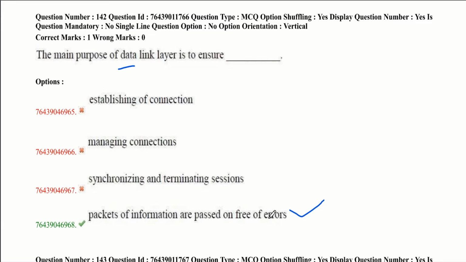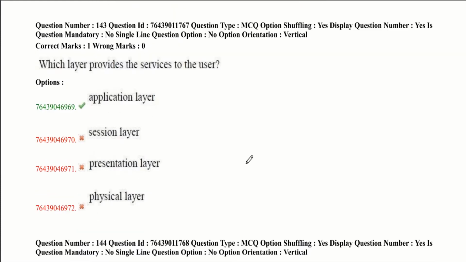You have to know the purpose of every layer in OSI and TCP/IP. Many questions will be asked on them. Write notes and have diagrams of these layers and data transmission processes. Now let's move to our third question.